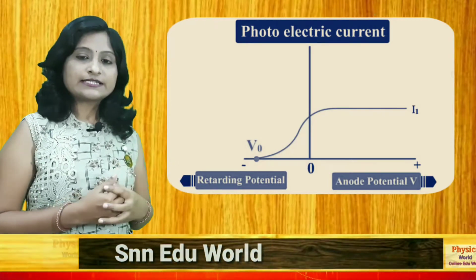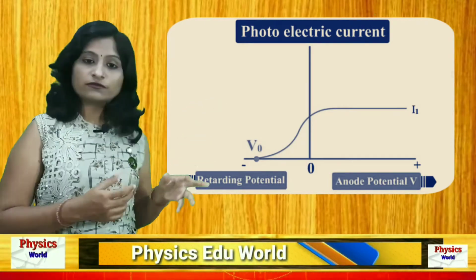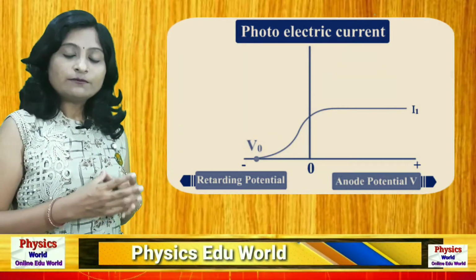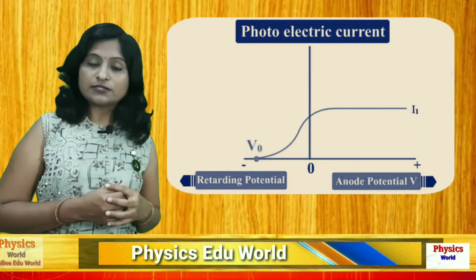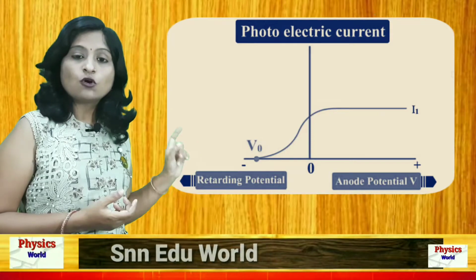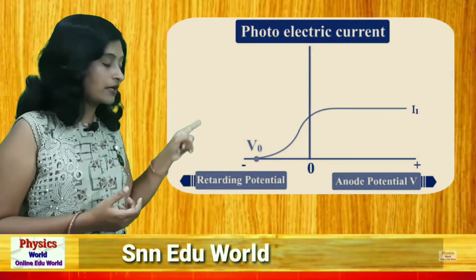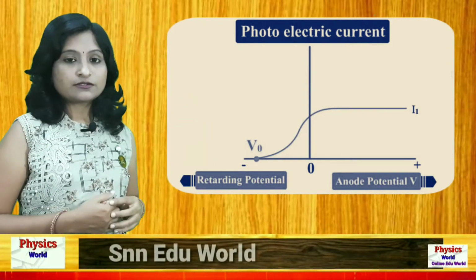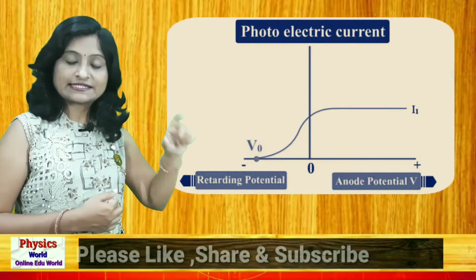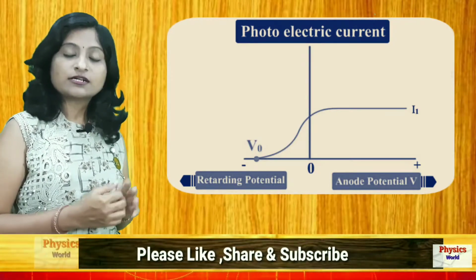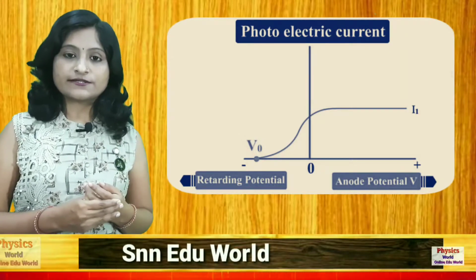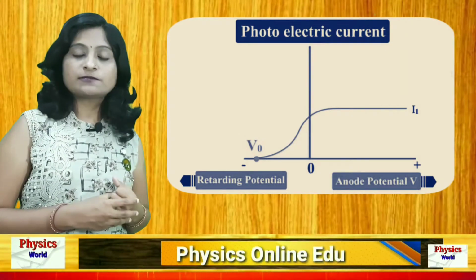Now again if we decrease the potential, the same graph we hope will come, but it is not coming. When the potential difference becomes exactly 0 in the reverse direction, we are still getting some current in the circuit. So it is represented here in the graph, that portion on the y-axis is the photoelectric current, where the potential difference is 0. So still current is present there.